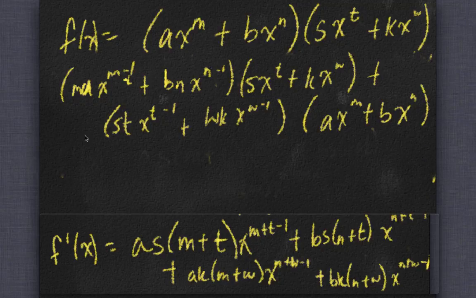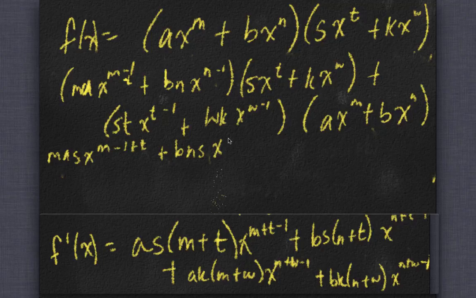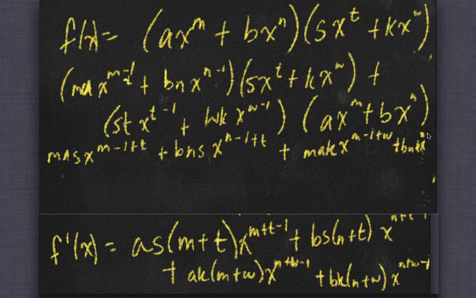And now I'm going to FOIL on top and bottom, so I get MAS x to the m minus 1 plus t plus BNS x to the n minus 1 plus t plus MAK x to the m minus 1 plus w plus BNK x to the n minus 1 plus w